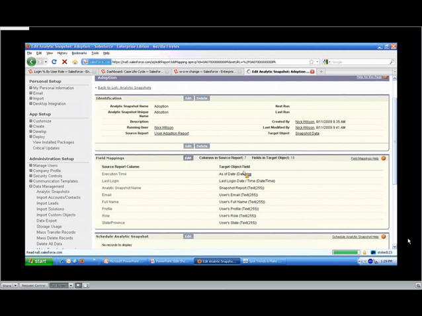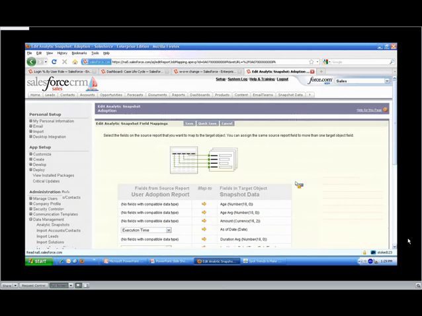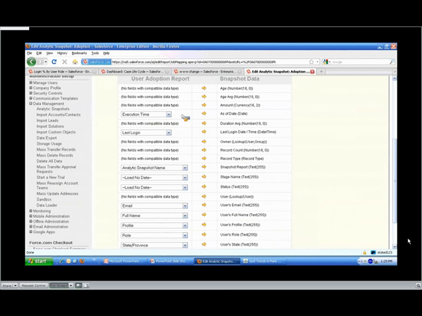So when you're creating an analytic snapshot, you get some default fields that don't exist in the report, like the execution time or the report name. So I've mapped the execution time to the as-of date that we saw along the x-axis of all of our charts. I've put the login date from the user report into a custom field in the snapshot data custom object, as well as the report name, the user's email address, the user's full name, the user's profile, the user's